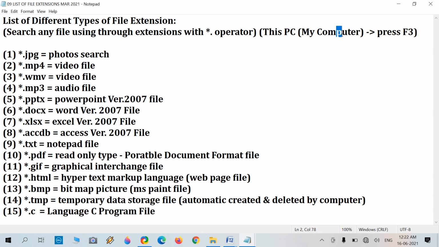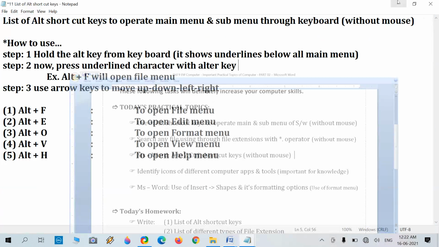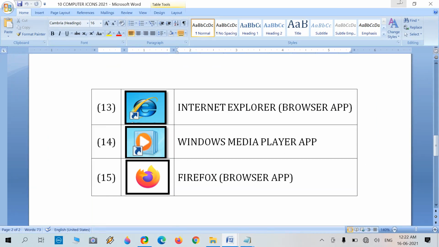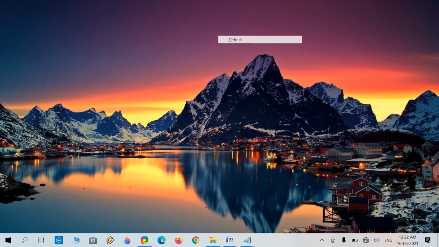Then open it and press F3, and then we will use all these things. Now first of all we need to open My Computer. I have This PC because I'm using Windows 10.